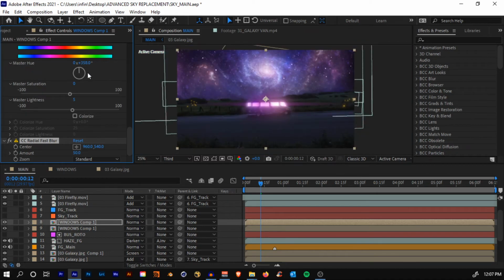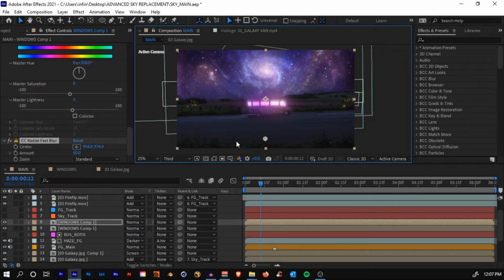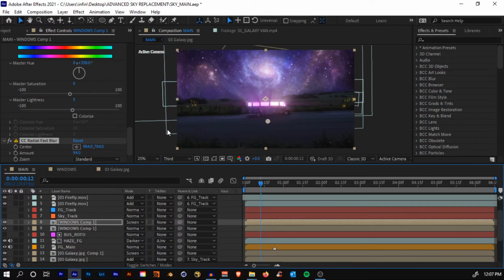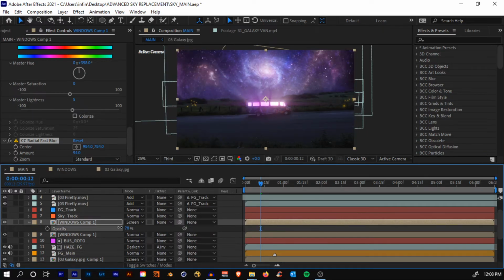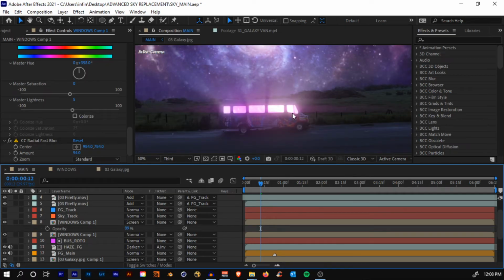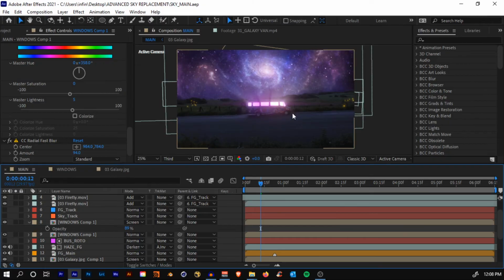What you can do is you can select this point and get it down, and you can increase the amount of these two, so you'll get some rays coming out of the windows too, only if you need. This is an extra step if you want to do. And you can change the blending mode to screen, and you can decrease the opacity of it. See, so we'll have something like that.